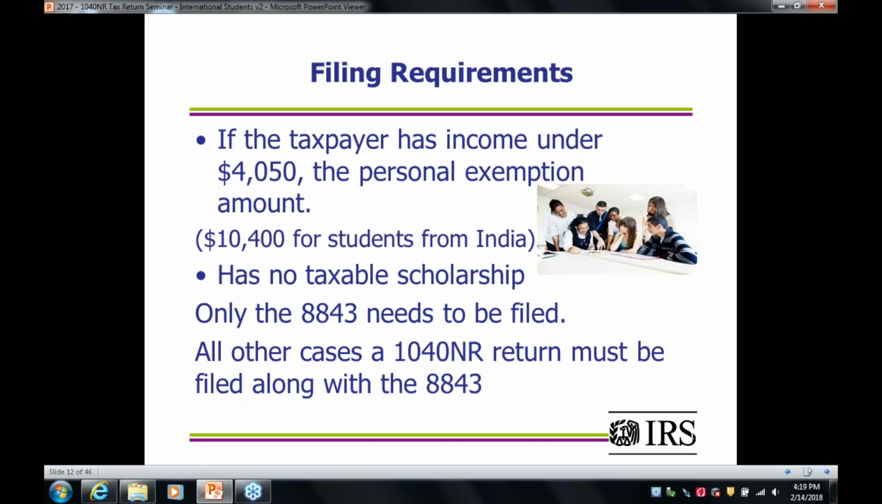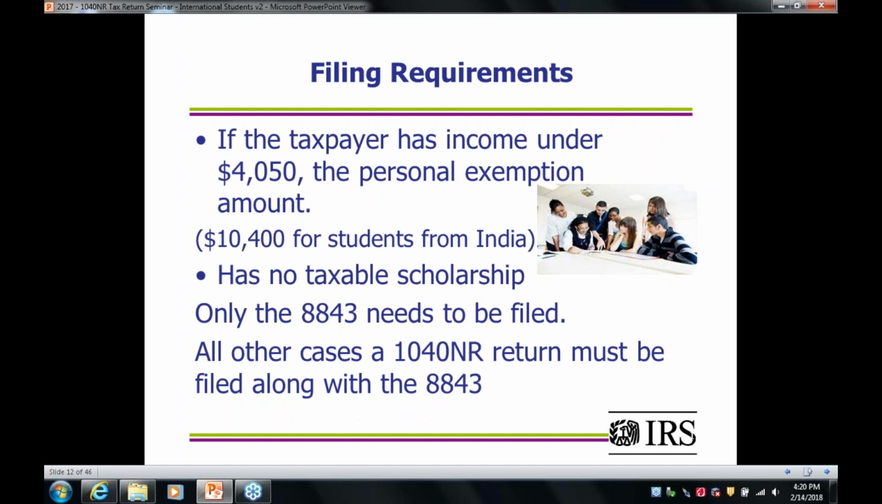Okay, we know we have to do the 8843 if you're on an FJ visa, and now we have to determine if you even have to file a 1040NR or not. And for that, the following requirements are: if the student has income under $4,050, and you've learned from your advanced resident course that this is the personal exemption amount, or has no taxable scholarship, then you only need to file the 8843, and you don't have to do the